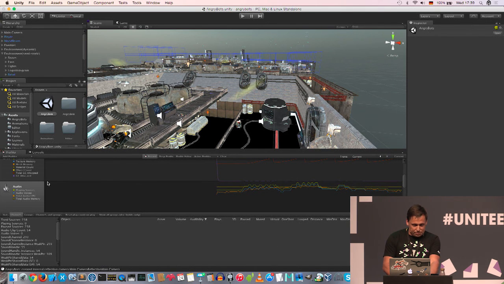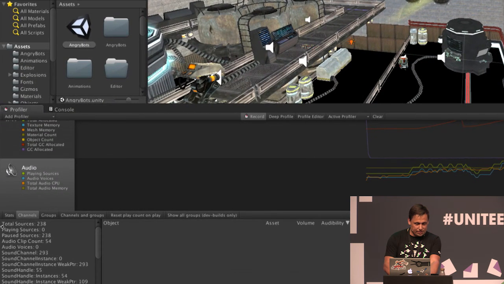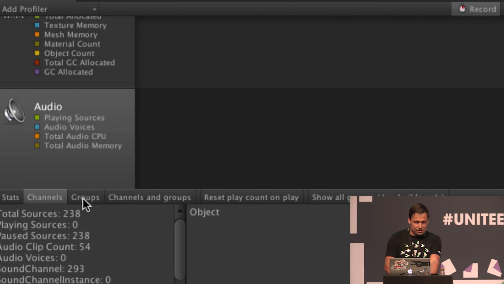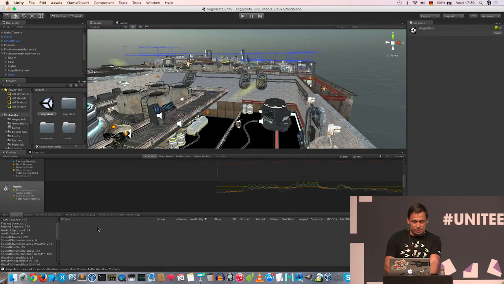So here is the profiler window, and you can see I click on the audio pane, and now I got different options down here. I can say, do I want to see just general stats? Do I want to see the channels that are playing? That's the sounds that are playing, or the groups, and the groups also relate to the mixer. We'll get into that later. So let's just run Angry Birds here